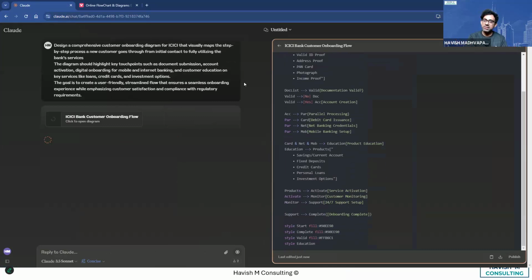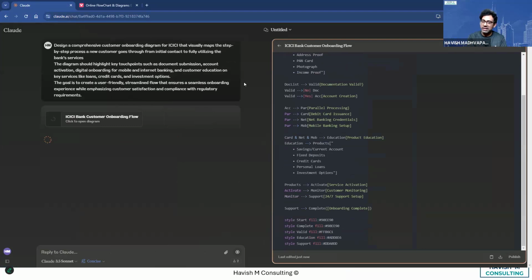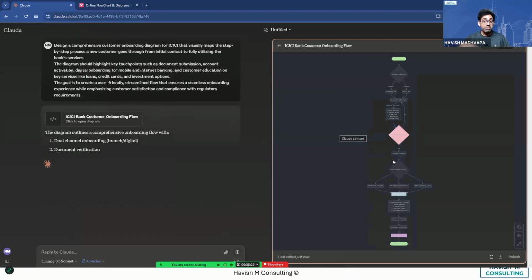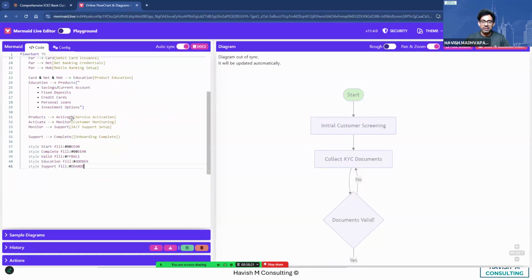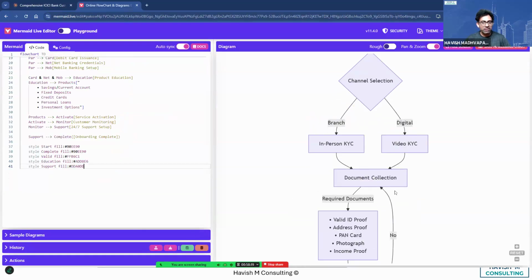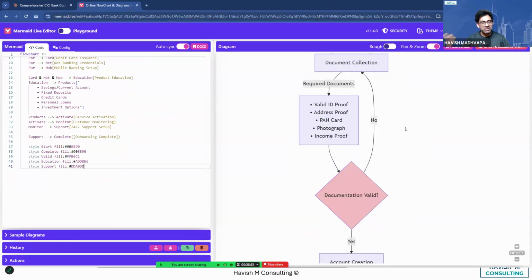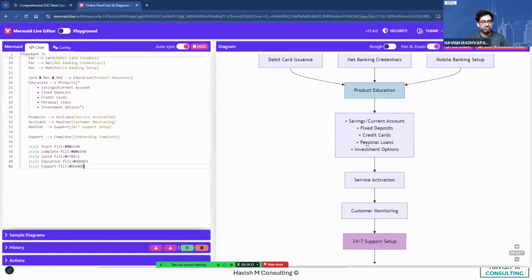If you already have your process outlined in a Word document or a PDF, you can upload that. And then clearly the output will not just be bigger, but it will also be more customizable and of better quality. As you can see, now that I wrote a slightly bigger prompt, do you see how it is now breaking the channel into branch and digital and so on and so forth, right?